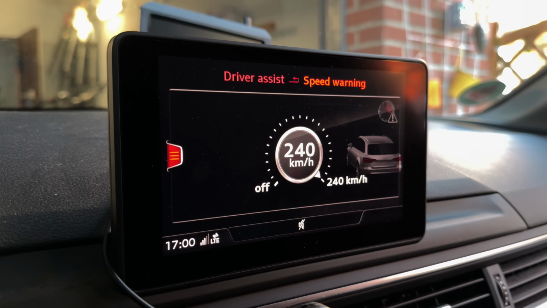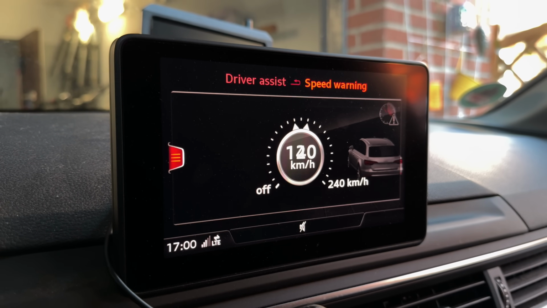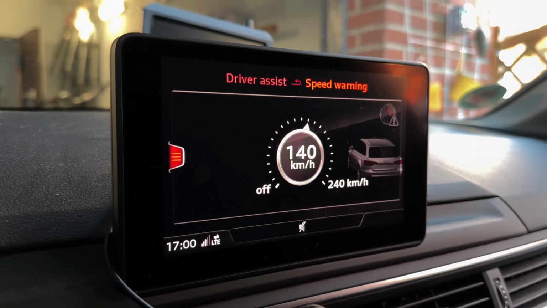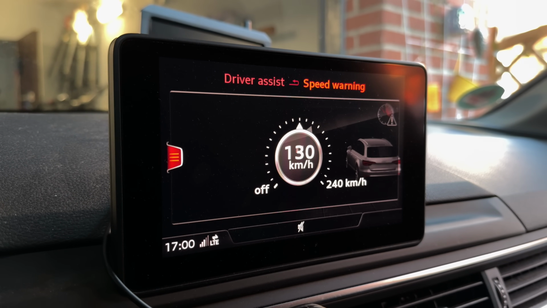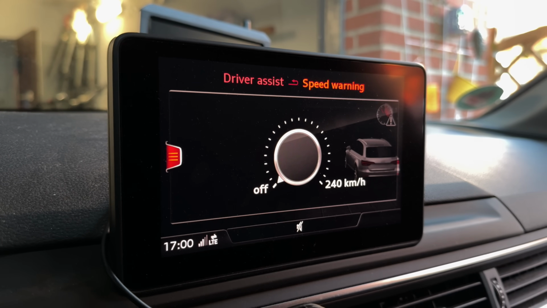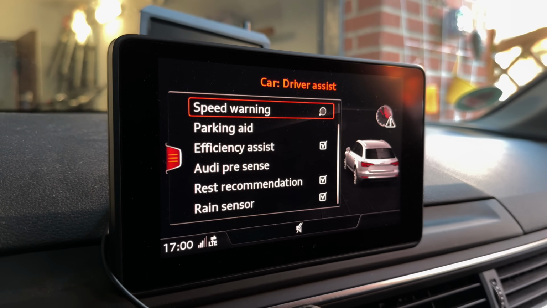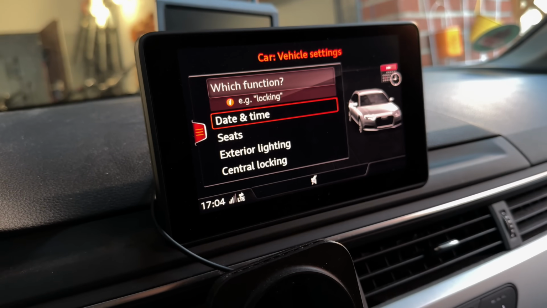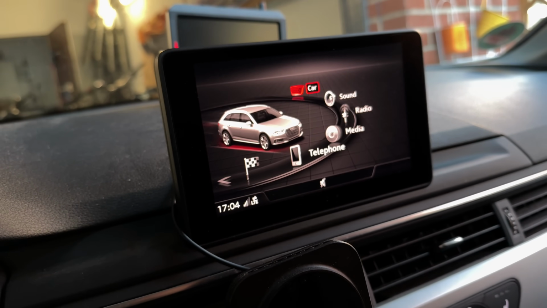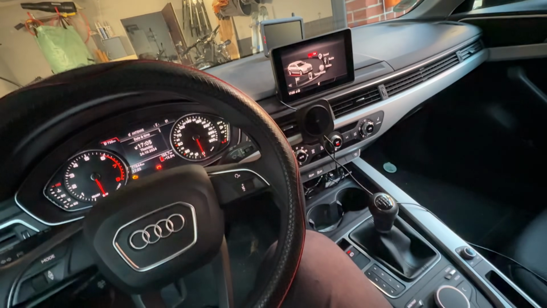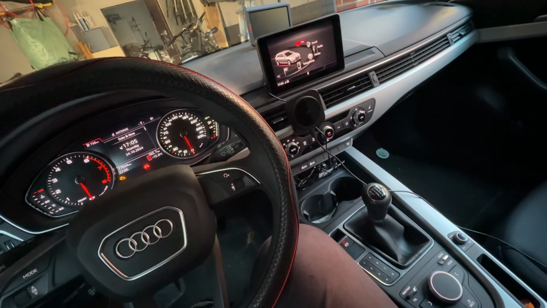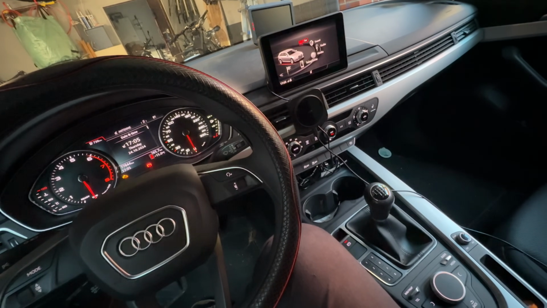You can now enter here how fast your car should be, and then you get a warning sign and a warning information, and so you can then be not so fast if you like that. But this is an overview of your car menu and what you can handle there to make a better and more comfortable way on the road with your car.